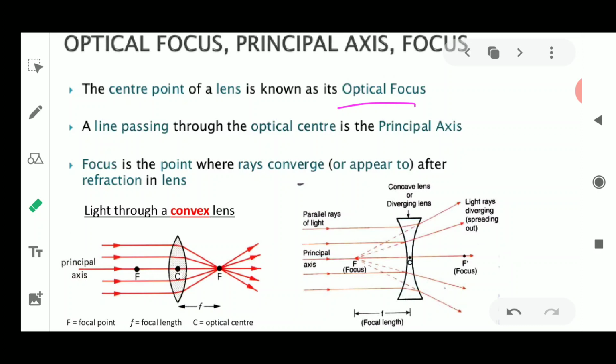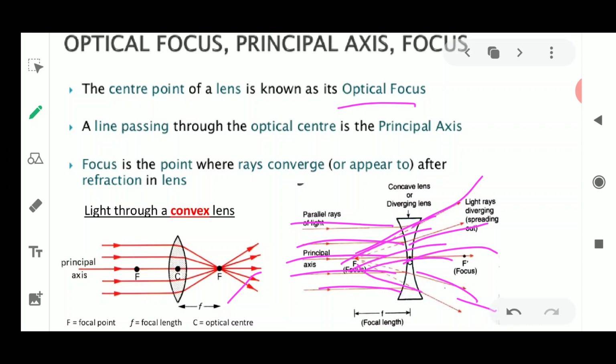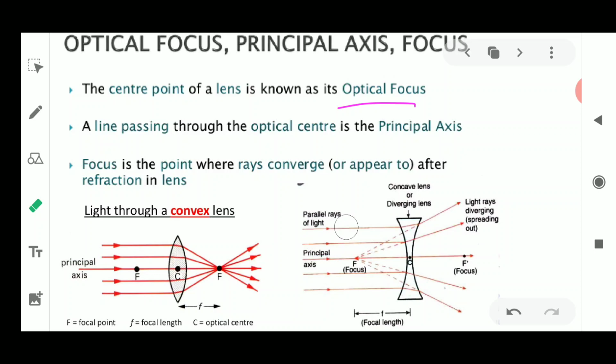In the case of a convex lens, the focus will be obtained in the form of a converging point. And if you try to obtain the focus of a concave lens, the same principle is behind it. The ray of light which is parallel to the principal axis is going to diverge. Now each of the diverged rays is extended backwards. We see that they meet at the same point on the principal axis, and that particular point will be known as the principal focus.